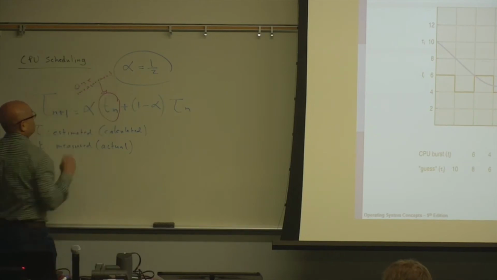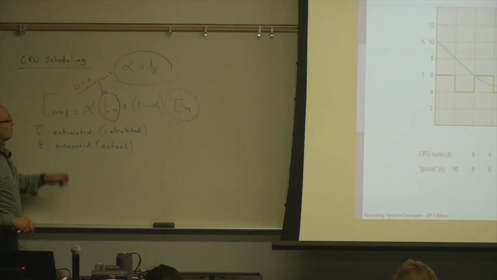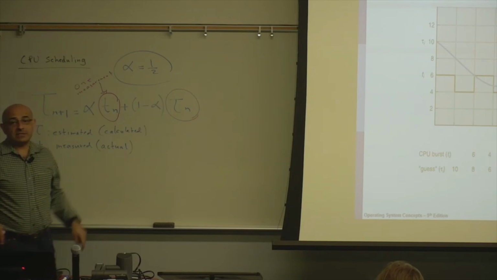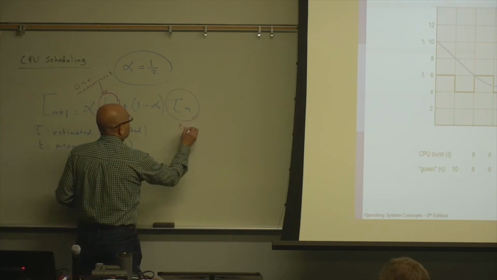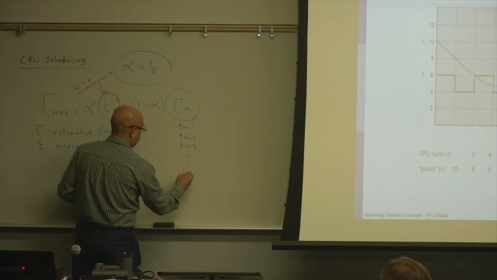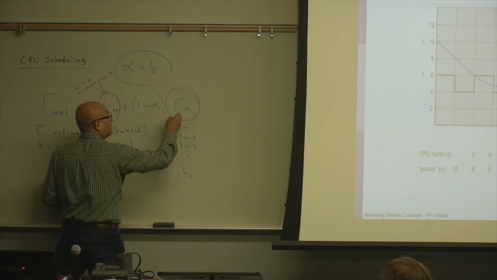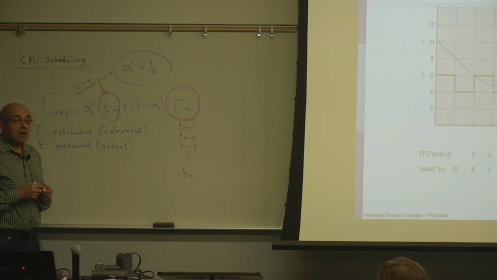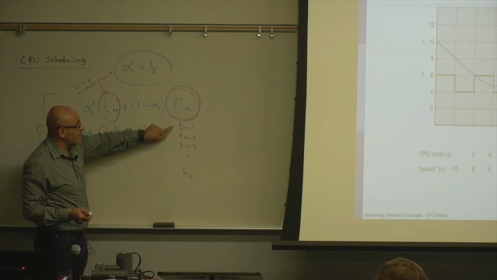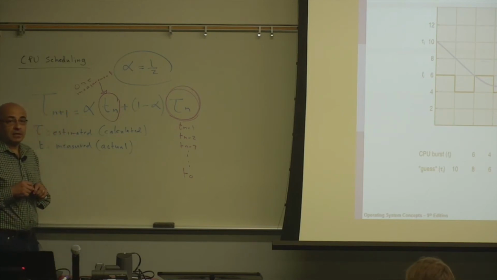But it's the most recent. However, this is accumulative, right? So this is your guess at time n, and inside of this, you will have tn minus 1 and tn minus 2 and tn minus 3 all the way to t0. So inside of this tau, this is an accumulative history of the process with more recent time, with more recent lengths having higher weights than older lengths.